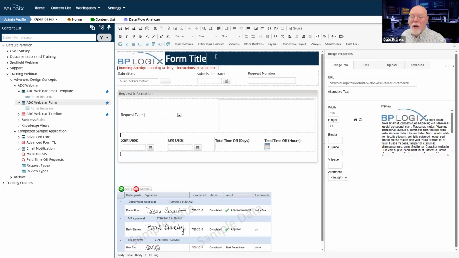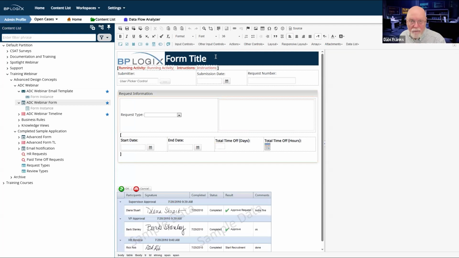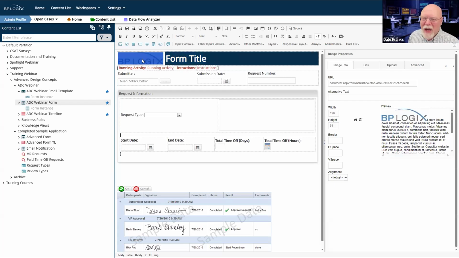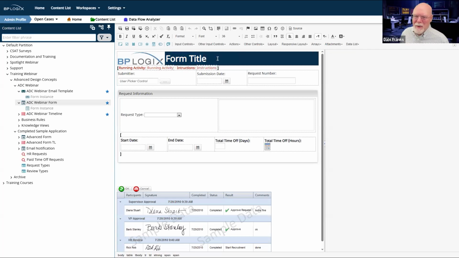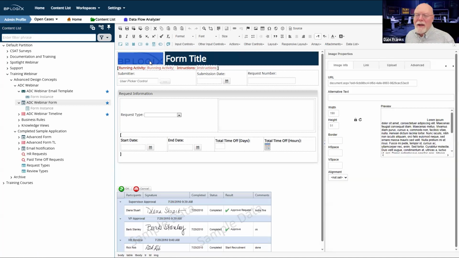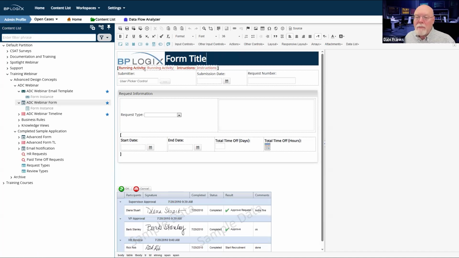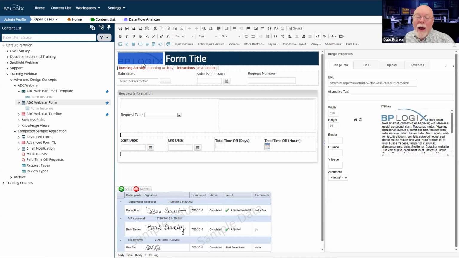So my email kind of matches my form, the visual language that I want all my forms to have. So I do have my blue bar at the top with form title. And I suppose to make it consistent, what I should have is the white BP Logix logo there with this dark blue background and this table cell. But it doesn't matter on the email template because I'm not going to include that logo anyway.